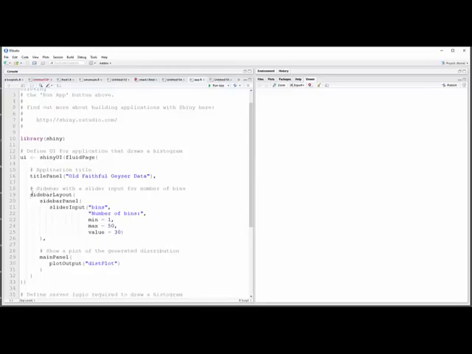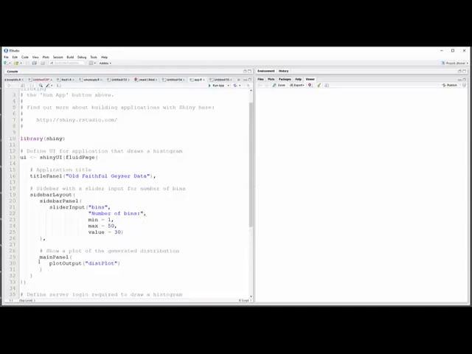And then we're going to have here a sidebar layout. That means that in the layout of our web page, or I'm going to look at it in the viewer here in RStudio, we're going to have a sidebar panel with slider input. Bins is the name I'm going to give to this slider. And then there's going to be some text. It's going to say number of bins. And I'm going to start with minimum 1, maximum 50, and the starting value of 30. And that's just the way that slider input command is